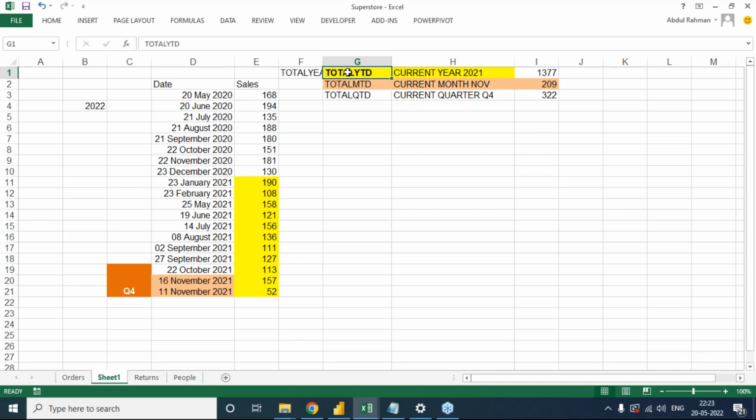When I say total year to date, what you have to remember is my Power BI will never look at my system date and time. It always looks at the total year in our data set. In my data set, I have data till 2021. So for Power BI, 2021 is the current year. So when I say total YTD, it's going to give me the sum of sales of that particular year, something